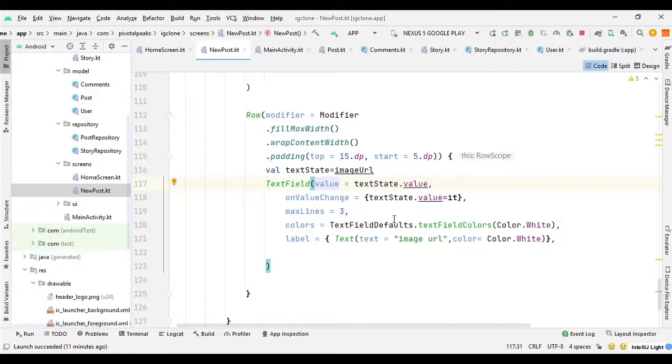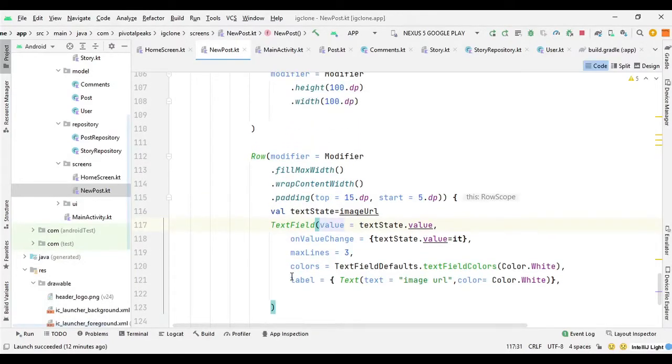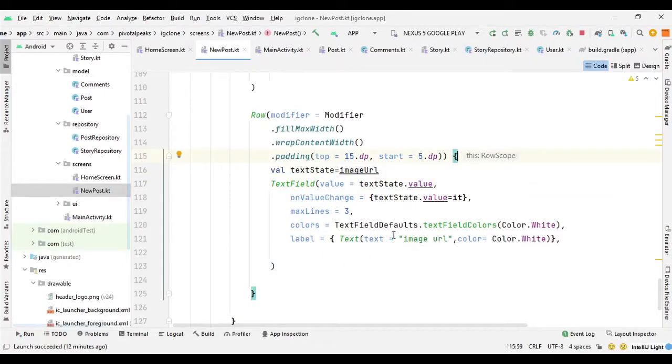Okay, so after the text field for image URL, now we need another text field for the caption. So let's declare another column.